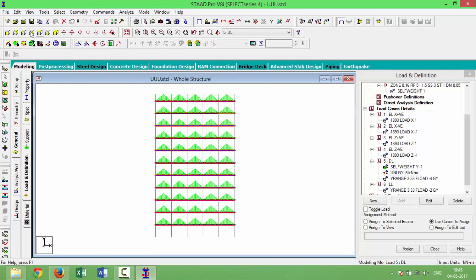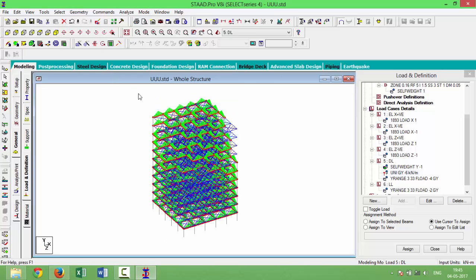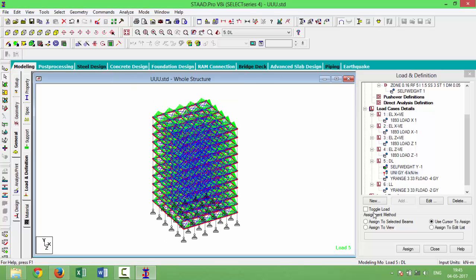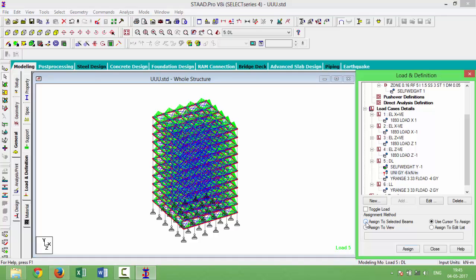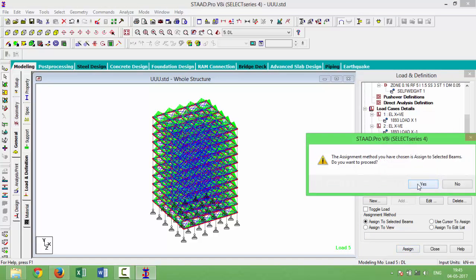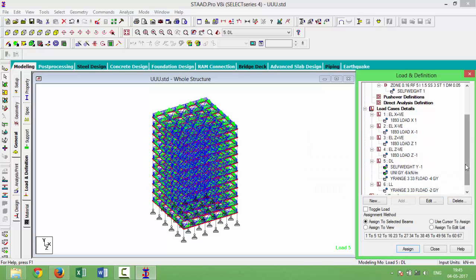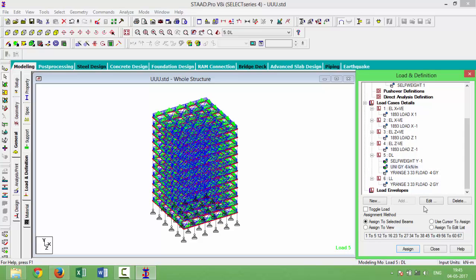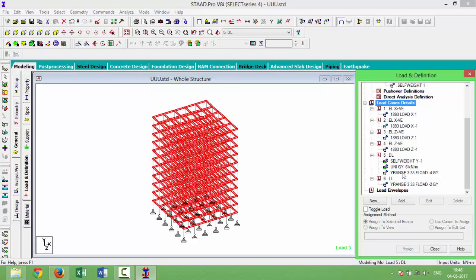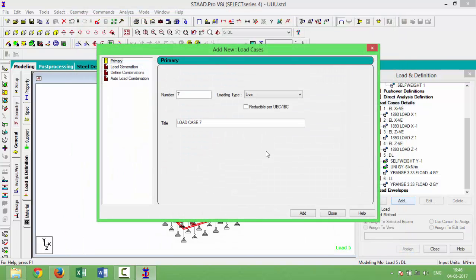You can see the isometric view also. Okay, then click select beam, assign to selected beam, and then click assign, and then yes. And next we have to create the load combination. So click load case details and then click add, and then